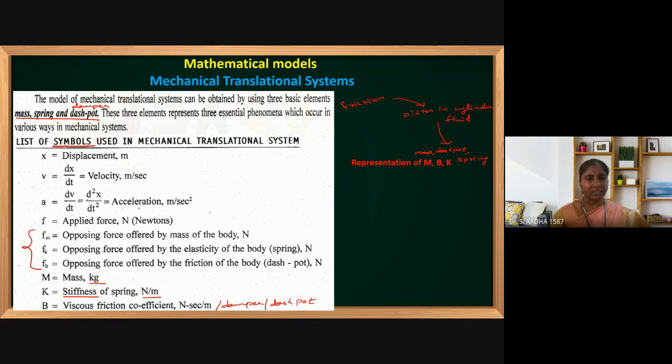So this is the general discussion of symbols we are going to use, the components, and the units for each parameter we have taken. If you see, we have 3 components. Mass is represented like this, a box M.